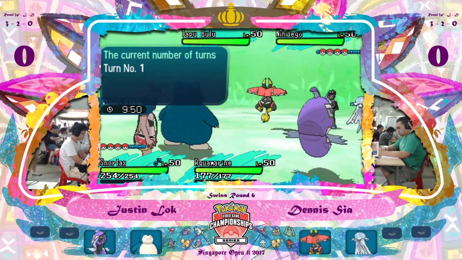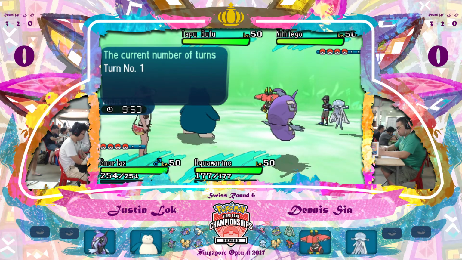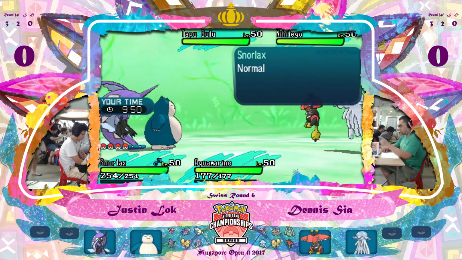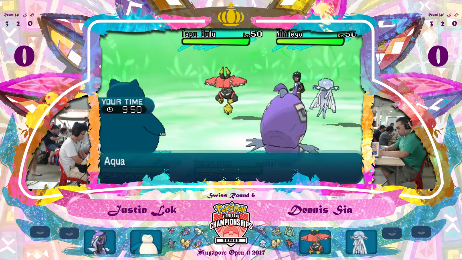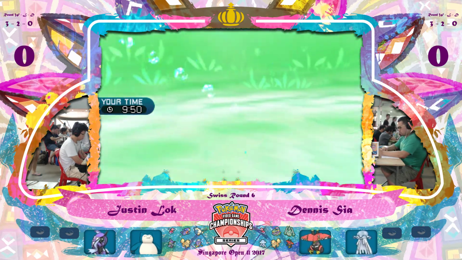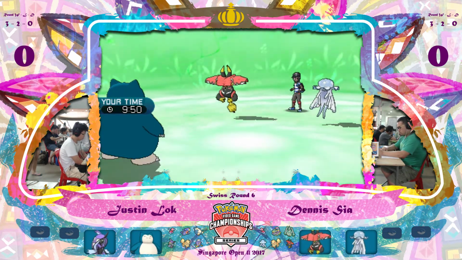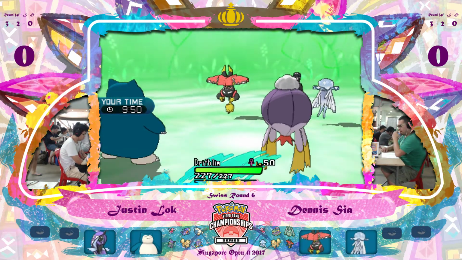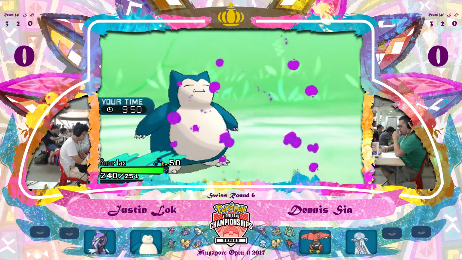Tapu Fini is also under the threat of the Nihilego with the Sludge Bomb, and Snorlax is under the threat of the Grassium Z from Tapu Bulu. Justin is not in a very comfortable position. Justin chooses to switch out the Tapu Fini for the Drifblim, and